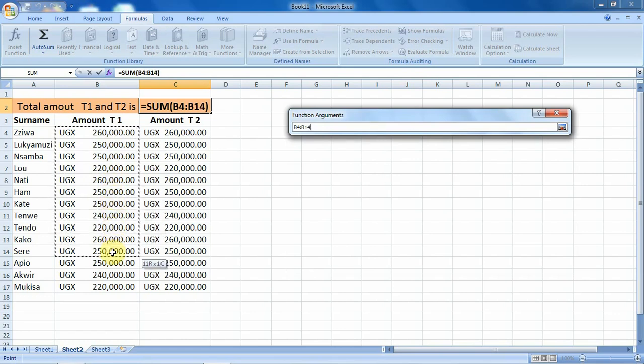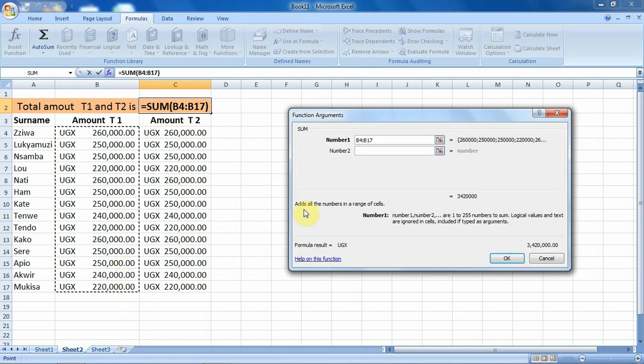When you start moving, once again, you see the dialog box is minimized. So that is okay. After reaching the last value, we can now see from the function arguments dialog box that we have selected from B4 to B17. Now we are free to release our mouse button.